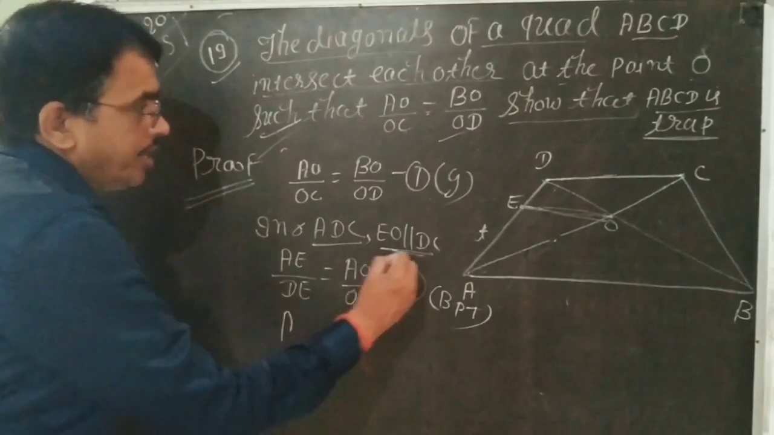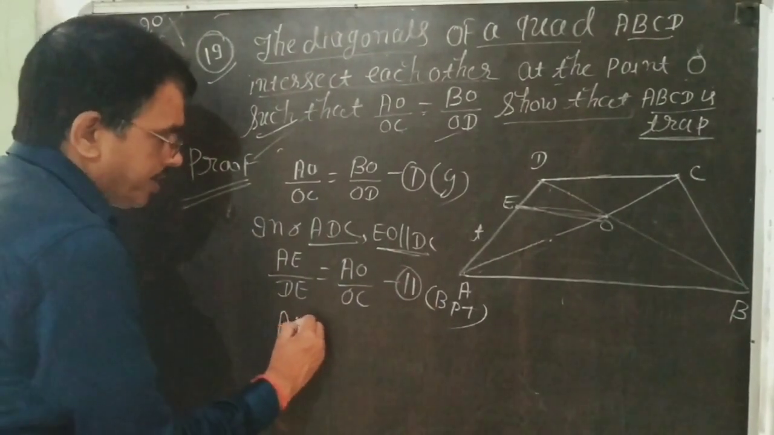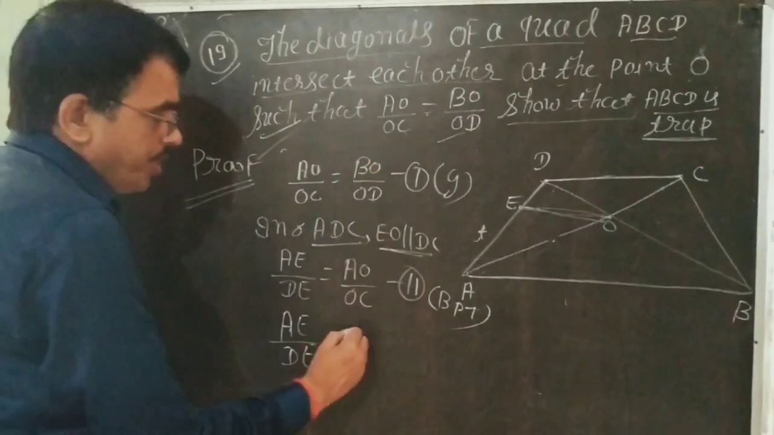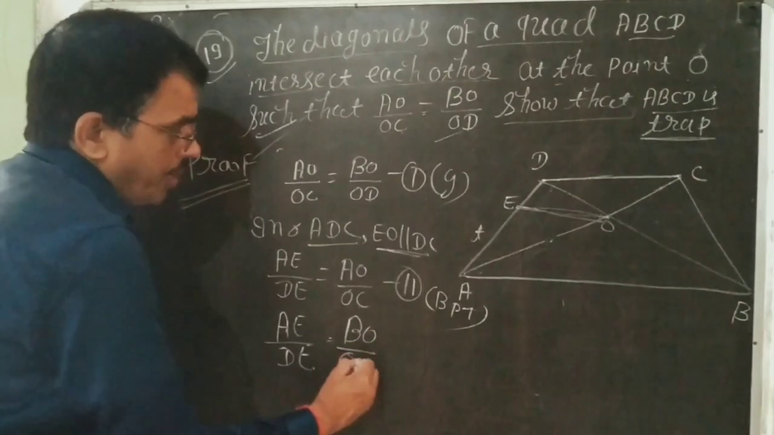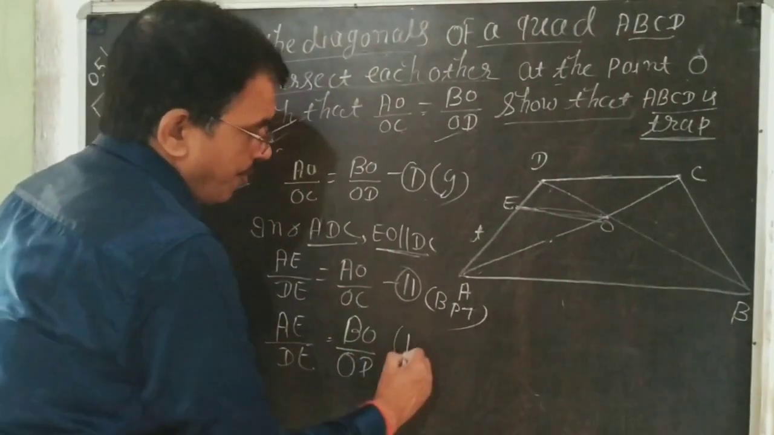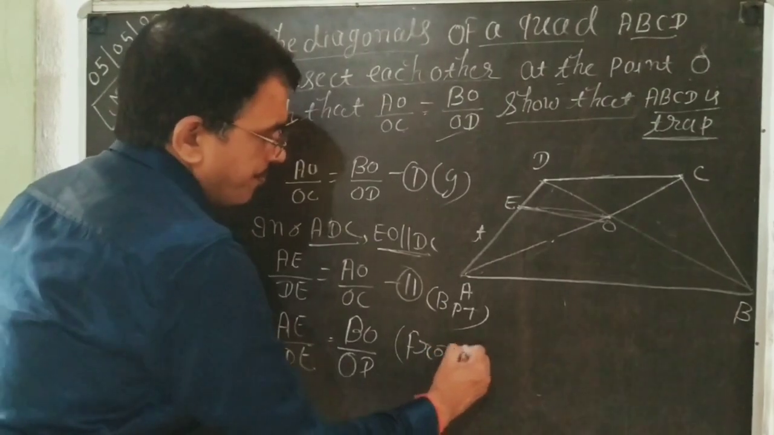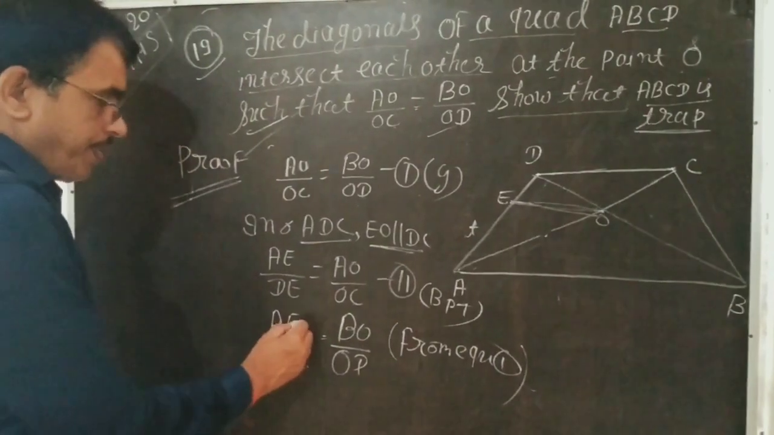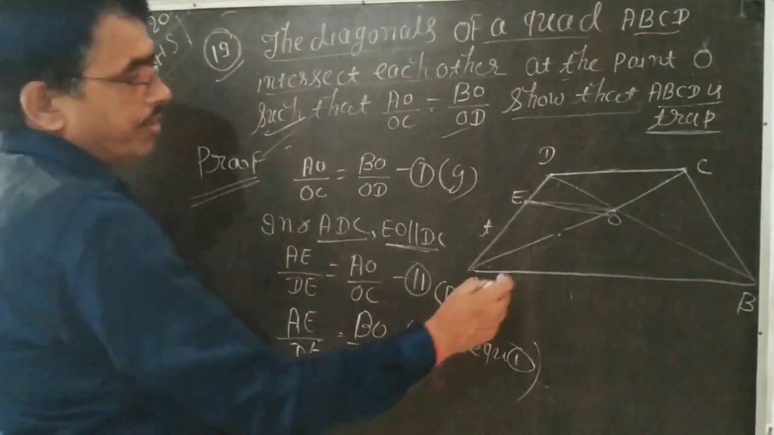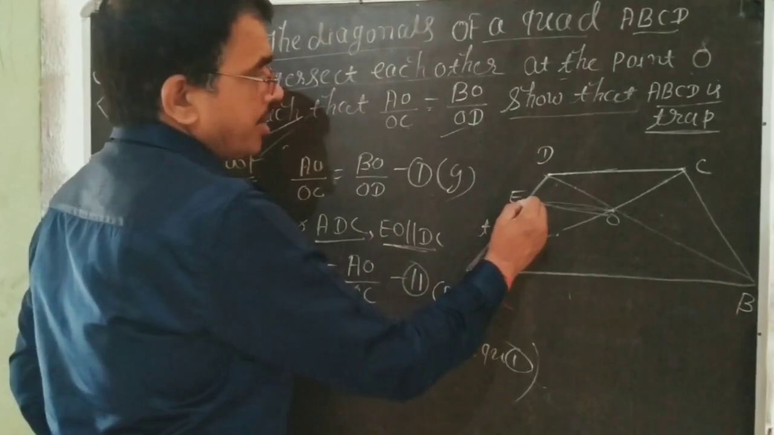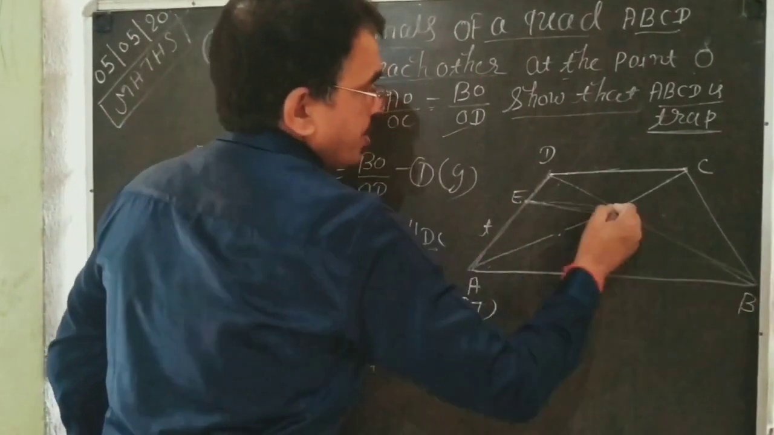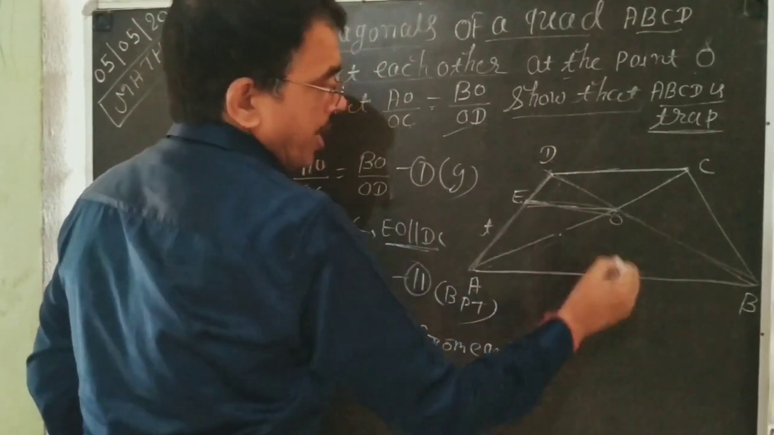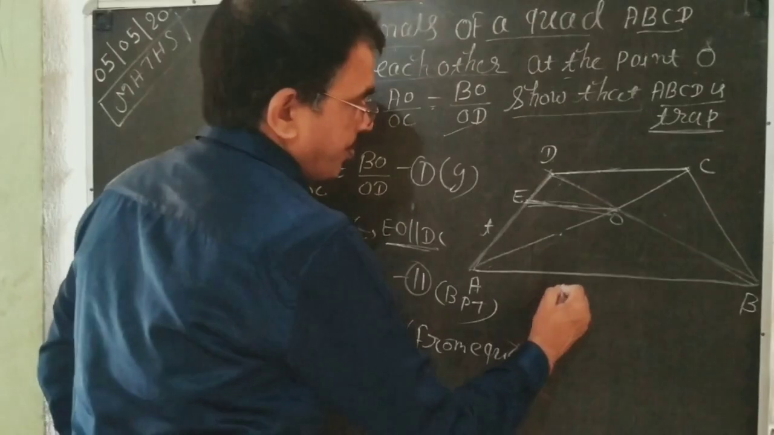But this AO by OC, you can write as BO by OD, from equation first. So what you get here is AE by ED is equal to BO by OD. So in triangle ADB, this EO is parallel to AB. So by